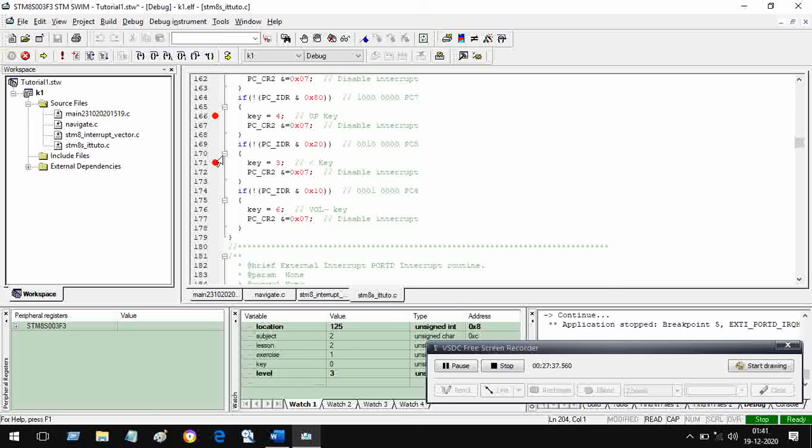It is already stopped, so I remove all the breakpoints: remove all breakpoints, Control plus Shift plus F9. I am clicking it here, and these red symbols will disappear.